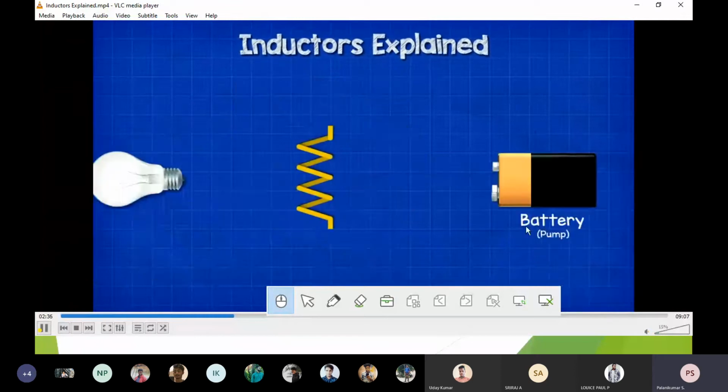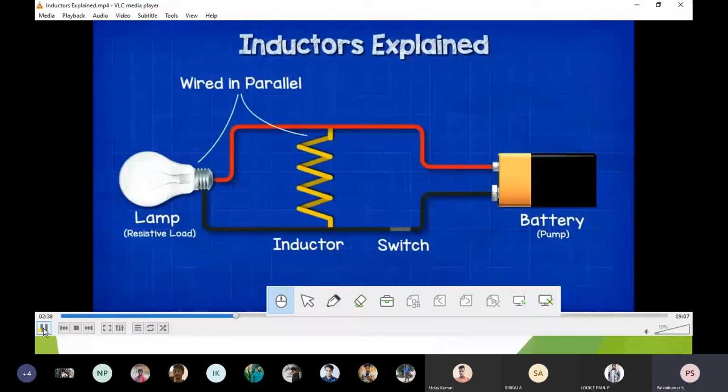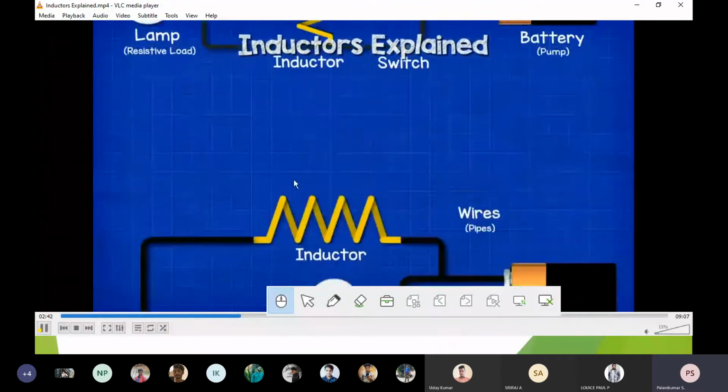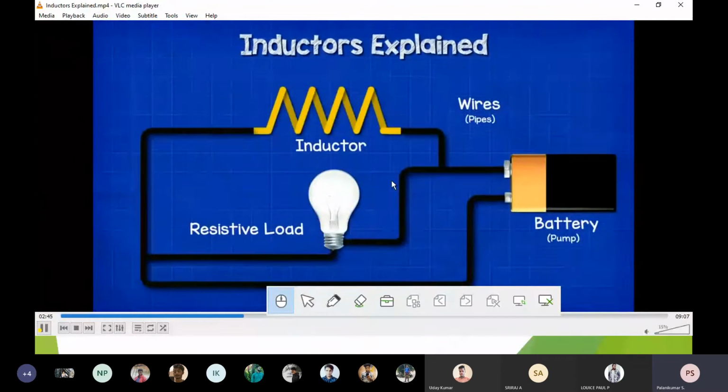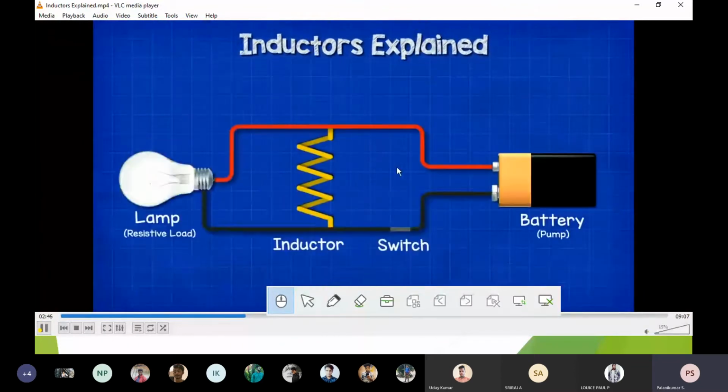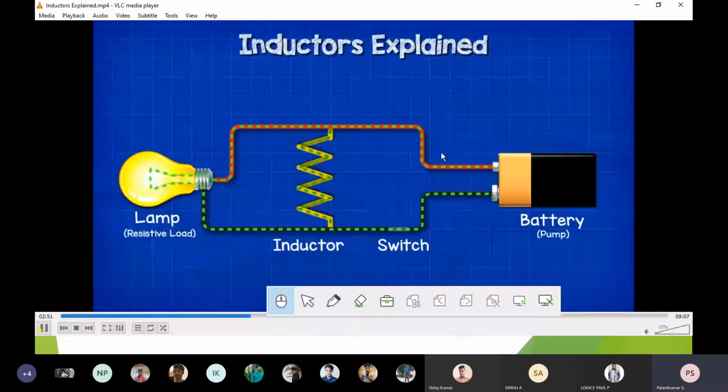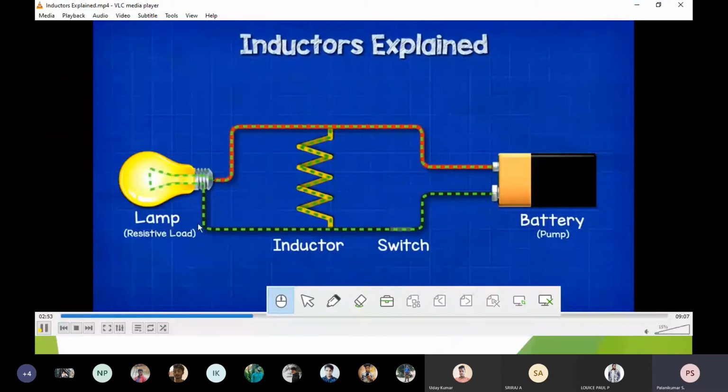Now, once again, if I switch on the pump, it will rotate. So now I think you can understand how the water pump works. The same way applies to the inductor. Earlier we drew a simple circuit like this. So here it is an inductor. Now it is drawn very neatly, where I have connected a lamp. It is similar to the reducer and pump.